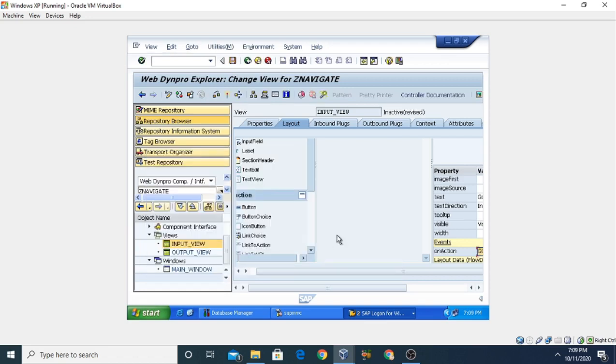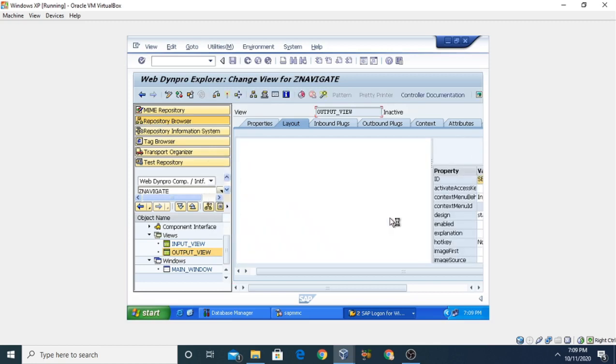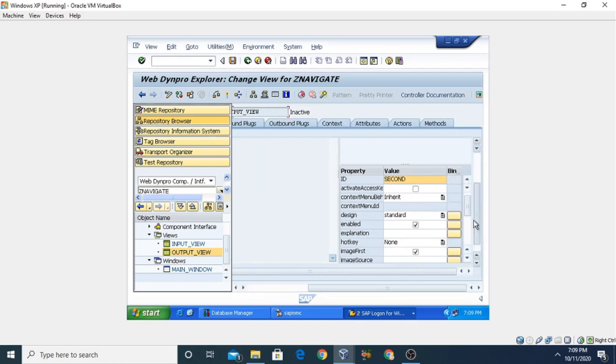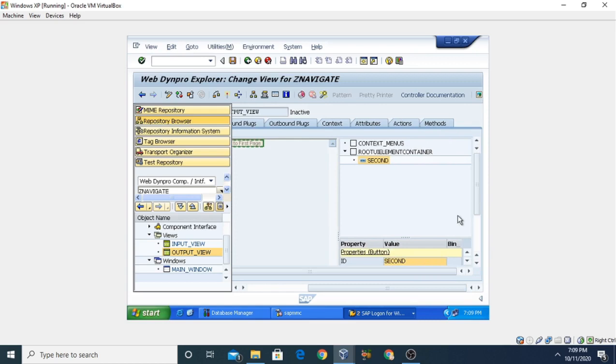Similarly, when you click on the button of the second web page, that means the second view, and you can see this is the web page. Go to first page. When you click on it, it should move on to the first page.